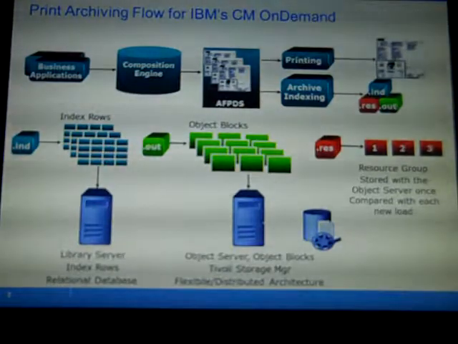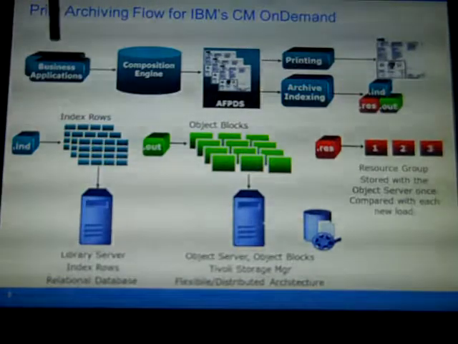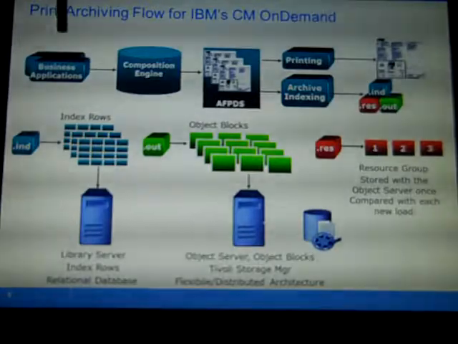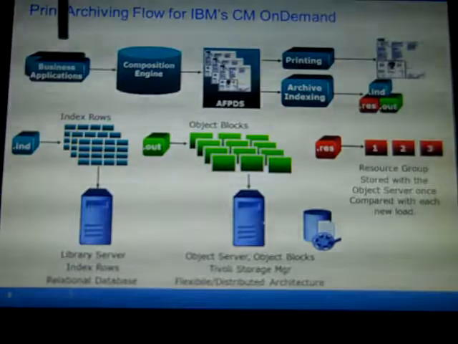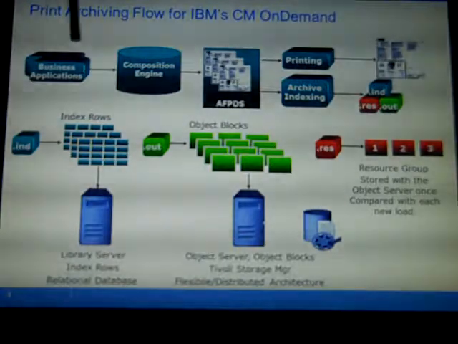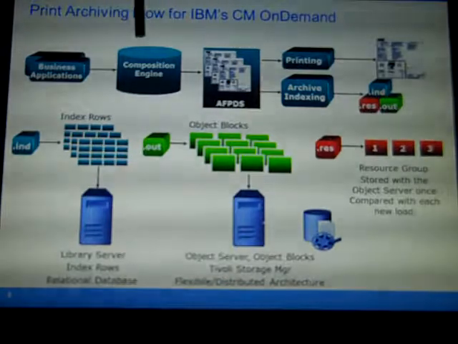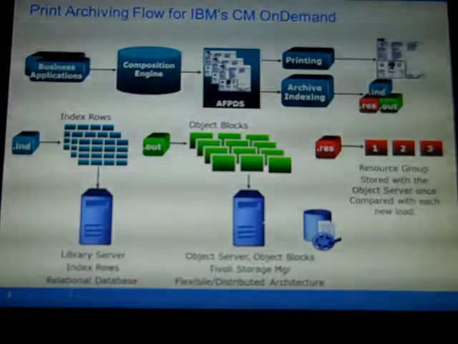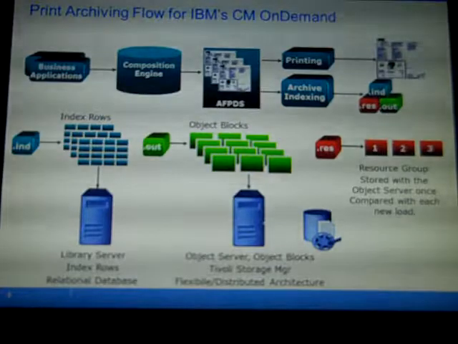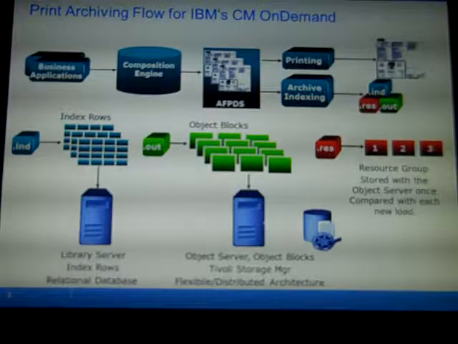A classic example for IBM's Content Manager OnDemand would be to start with a business application. This can be any type of ERP system such as SAP, Oracle, others that would generate a bunch of data that needs to be sent for a statement run. That would then go to a composition engine. This is where the company's logo and the background information for the statement would be added. That would then go to a high volume print run, oftentimes millions at a time at the end of a month, and sent by mailing to the customer at an average cost per mailing of $3